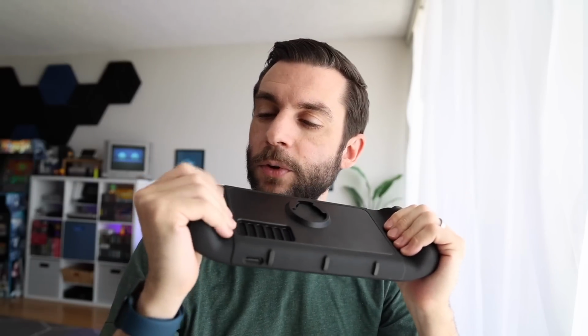The reason why I like the ergonomics on the Steam Deck so much is because they're just so full right here. You can see it's just entirely rounded, and this makes it feel like a full gamepad. As you can see with my hand right here, I'm able to grip the entire thing like this as I'm playing, and there's just no experience like that. A lot of that comes from the fact that it's a bigger device too, so it can afford to have that more premium feel. To me, if you're gonna have a smaller device, a good compromise is to really extend the grips